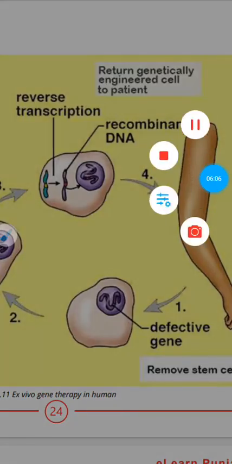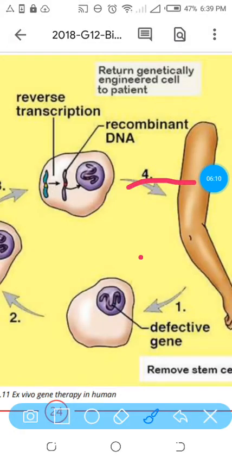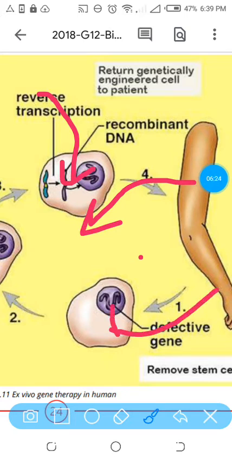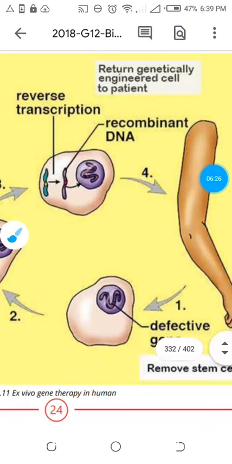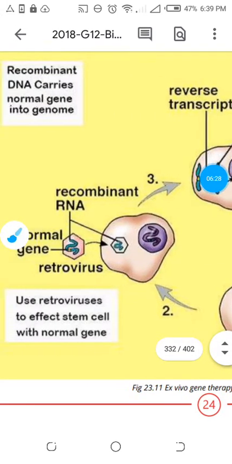And removal of the tissues from the body. You are removing tissues, and the reverse transcription enzyme will help. You are entering the required gene outside the body, that is ex vivo therapy. This is the defective gene, and the defective gene is replaced by a normal gene by using a virus or the